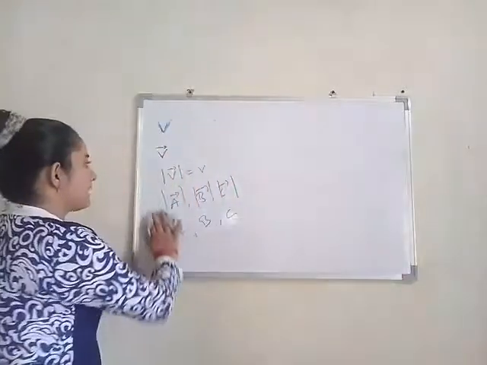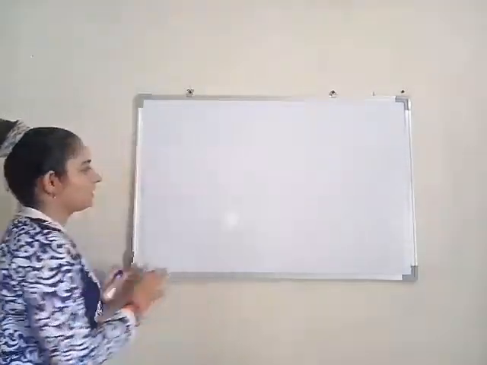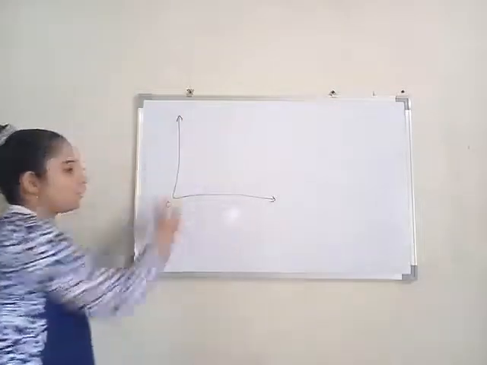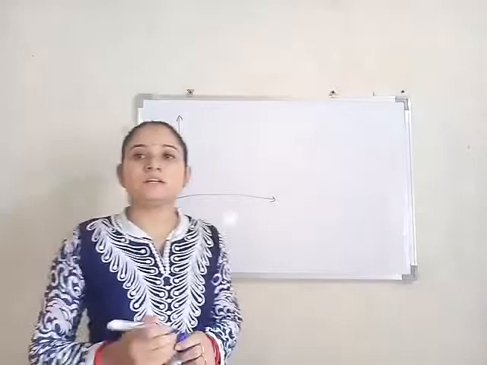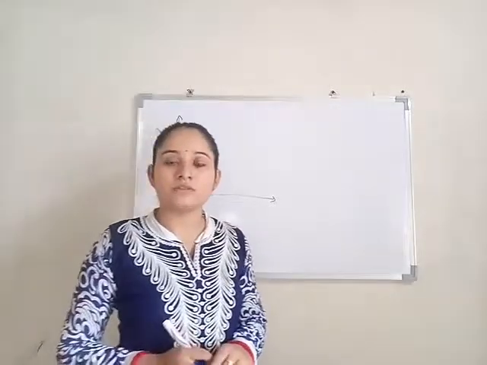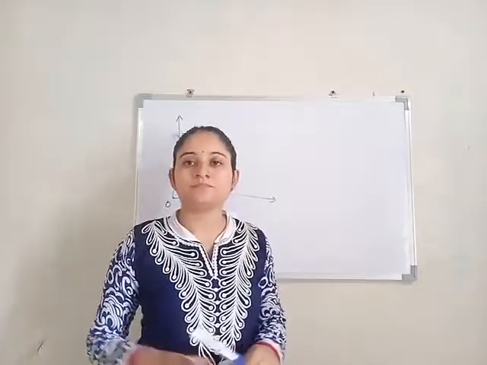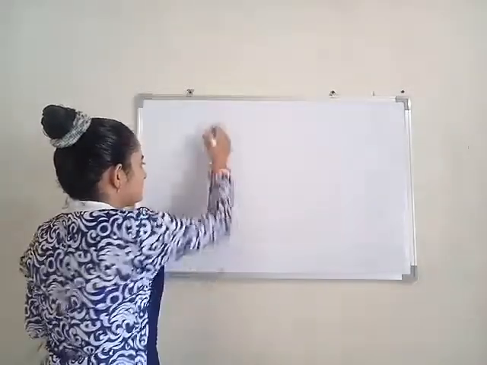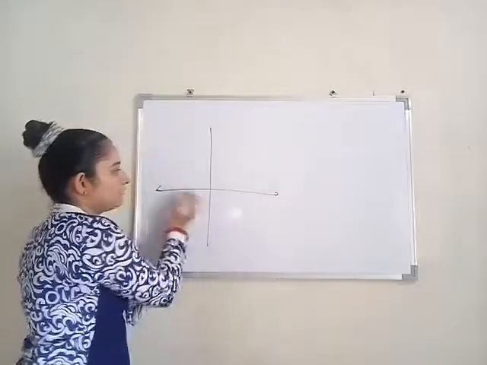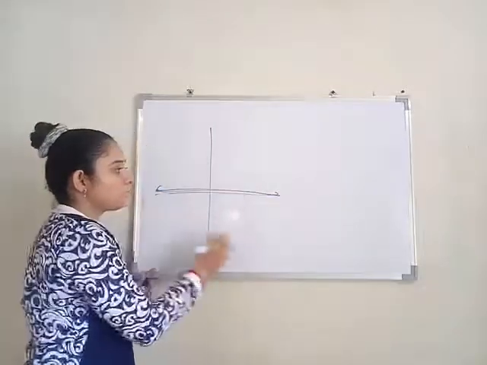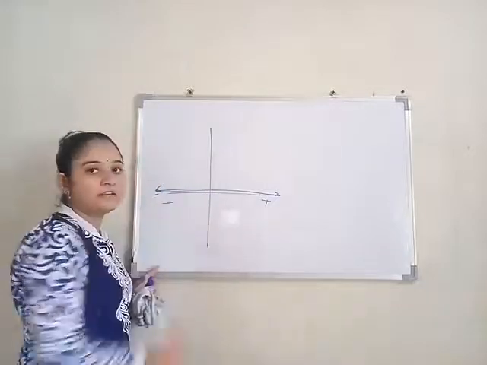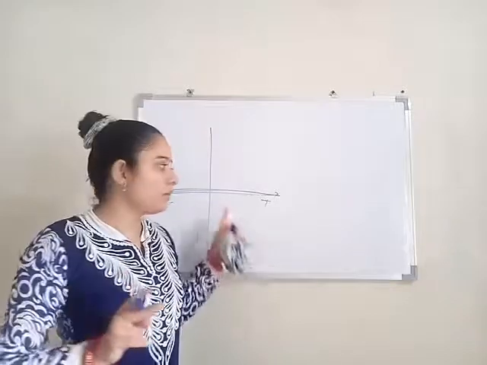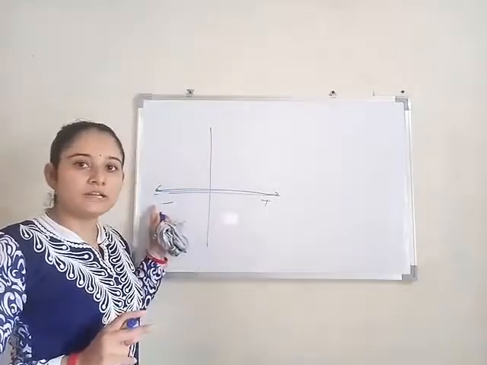Now we will move to displacement and position vectors. Say for example, this is the origin O. We need to define the dimensions: 1 dimension, 2 dimension, 3 dimension. In 1 dimension, for example, you can say this is the axis, right? So here positive and negative. In 1 dimension there are 2 directions: one positive direction and one negative direction.